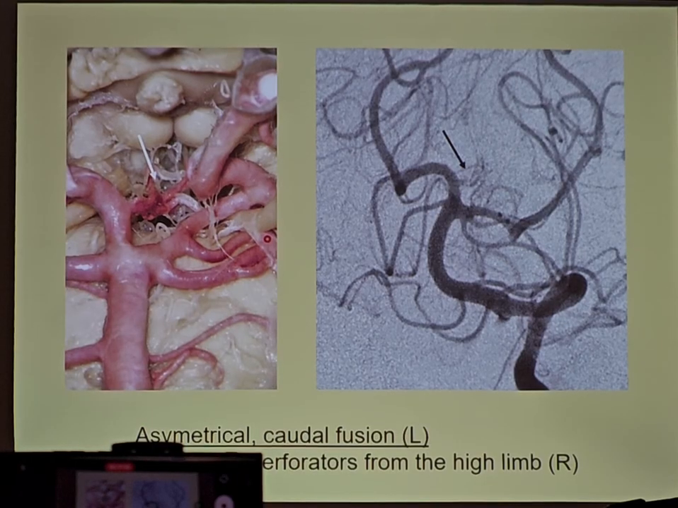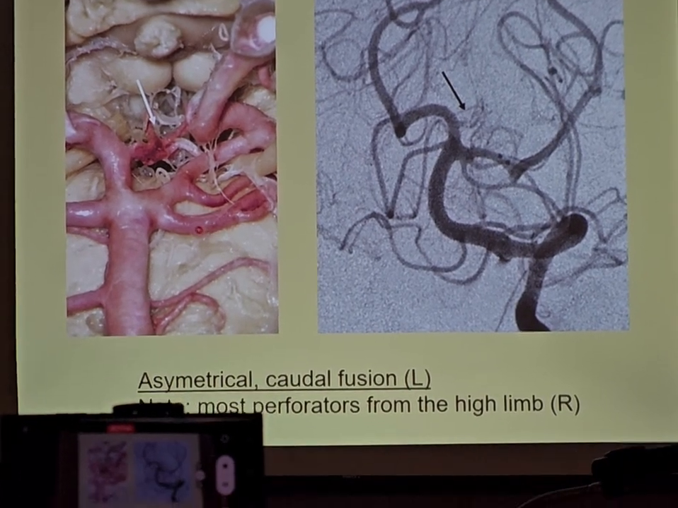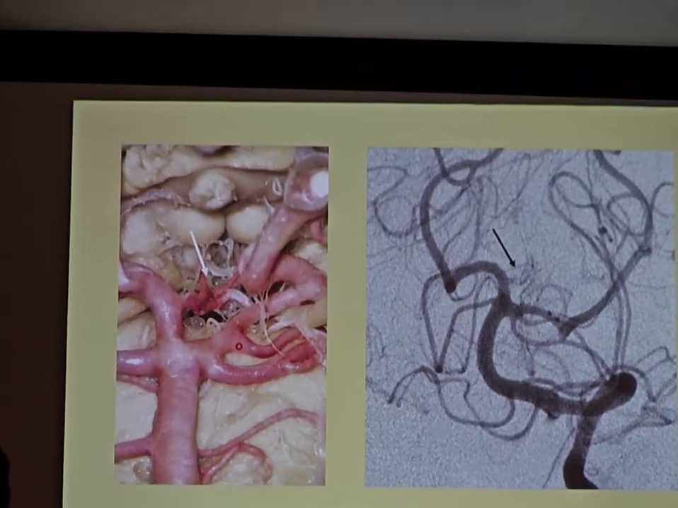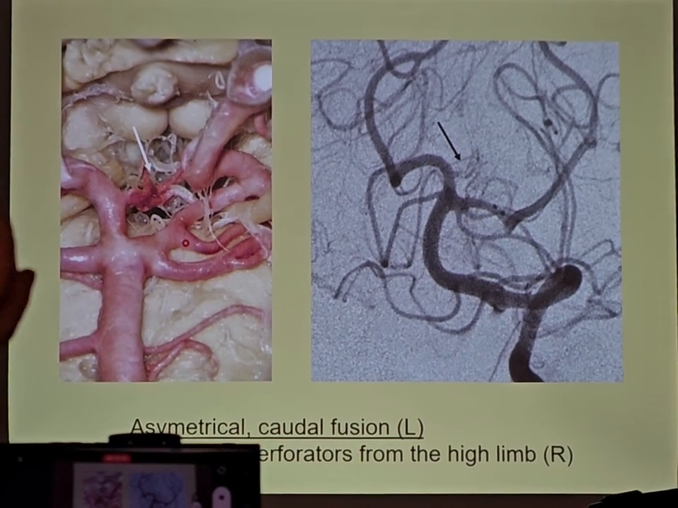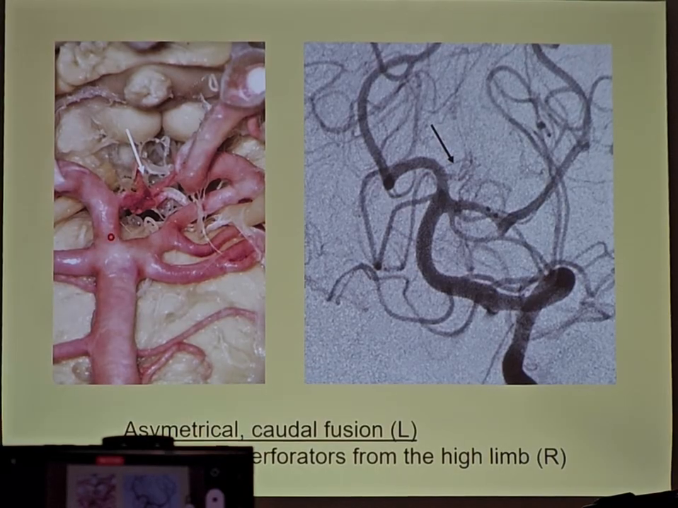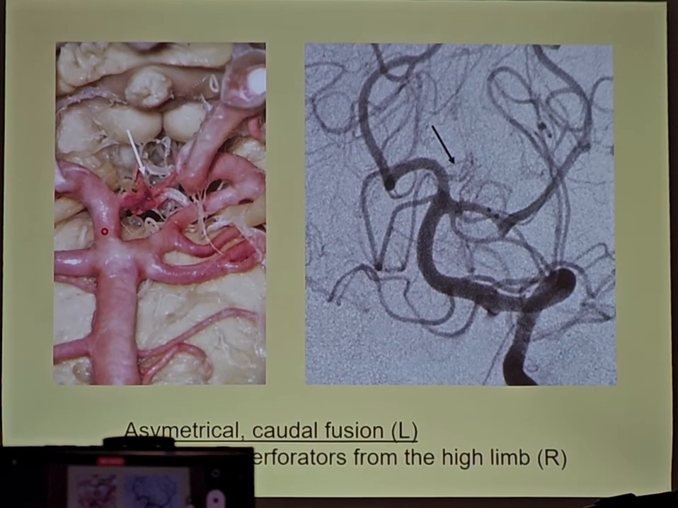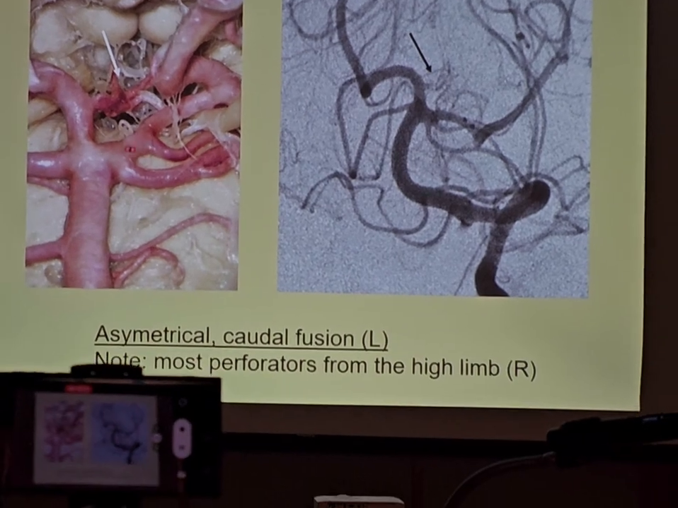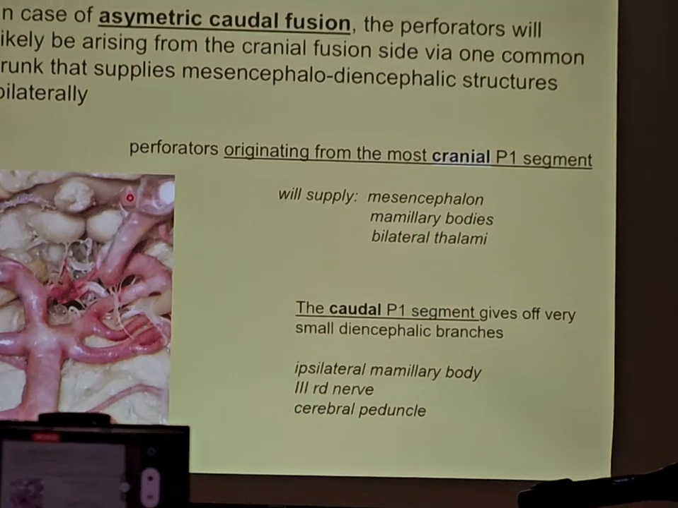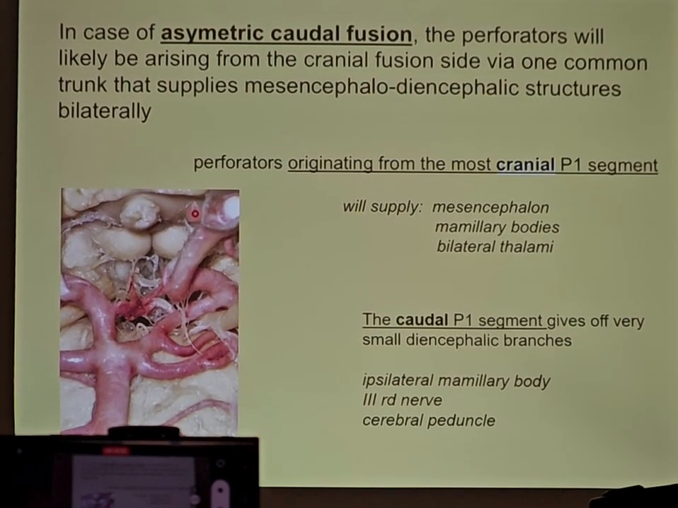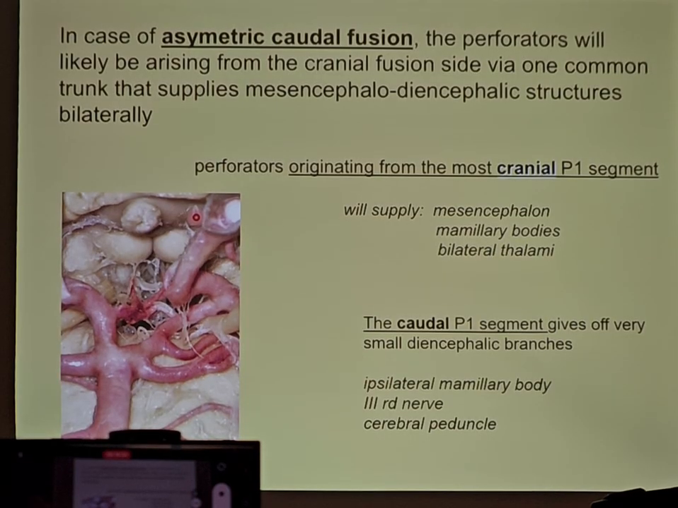Now, when things are asymmetrical, as in this case, on this side we have the superior cerebellar arteries coming off the P1 segment, so we're dealing with a caudal fusion. And it's asymmetrical because on the opposite side it's the normal configuration where you have the superior cerebellar and posterior cerebral arteries with separate origins. Under these circumstances, the main perforators invariably arise from the high limb, in this case on the right side. In this angiogram, you can see the perforators coming off. That doesn't mean there cannot be anything coming on the left side, but if there are, they are usually very, very tiny perforators. So the main supply under this asymmetrical caudal fusion phenomenon is always from the high-limb vessel, and